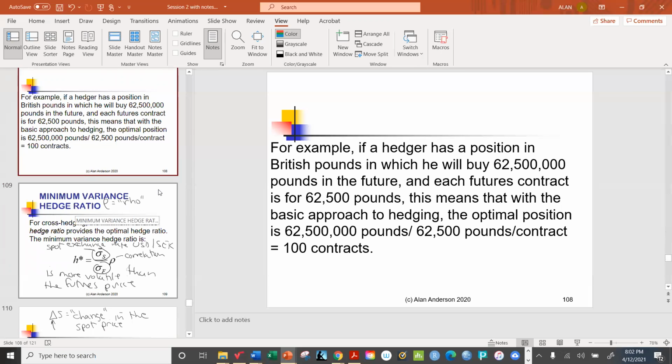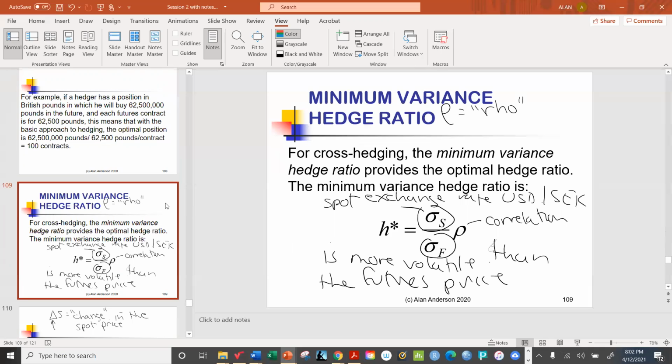Now, on the other hand, too, what if you're engaging in cross hedging? Oh, that's right, cross hedging. So now it's a lot more complicated to figure out how many contracts we actually need. So this is our formula for figuring out the optimum number of futures contracts that we should use to hedge a given underlying position. Now, what exactly do all of these terms mean? Well, H star means, of course, the hedging ratio. And let's just say we're dealing with the US dollar Swedish kroner exchange rate here. In the numerator,